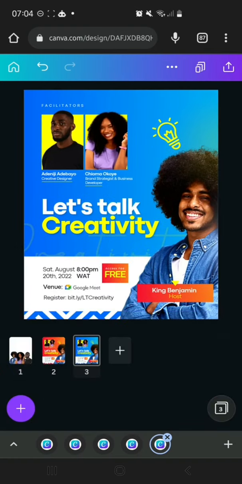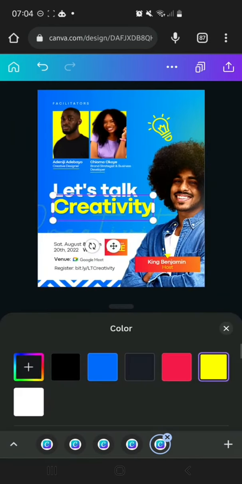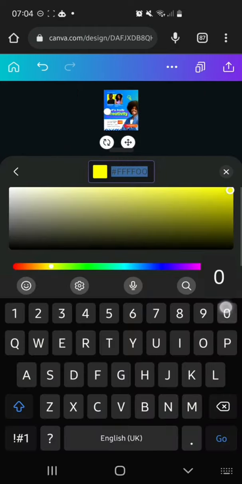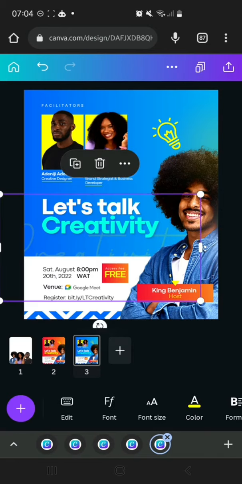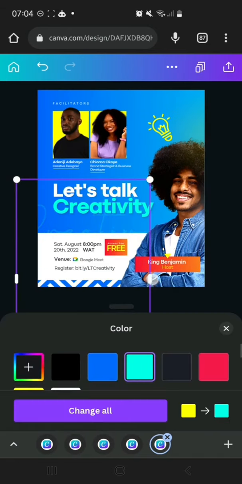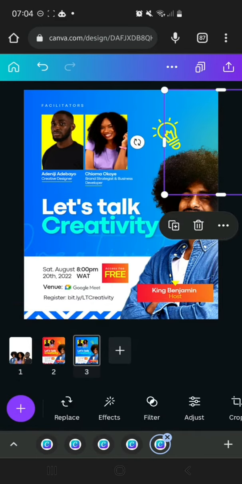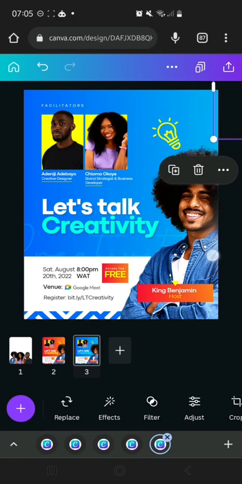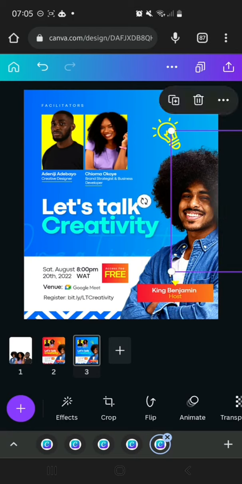Okay, great. So then we're just going to change the colors of this. The color I'm going to use for the creativity is 00FFE8. All right, so that's a brighter color. I'm also going to change the color of this one here below. It's also that same color, right? I'm going to leave this as yellow. This one, I think I'm going to delete it. Okay, just going to remove this, and we're just going to bring this one here. Just shift it a little bit up. All right, it's going to make sense once we edit the